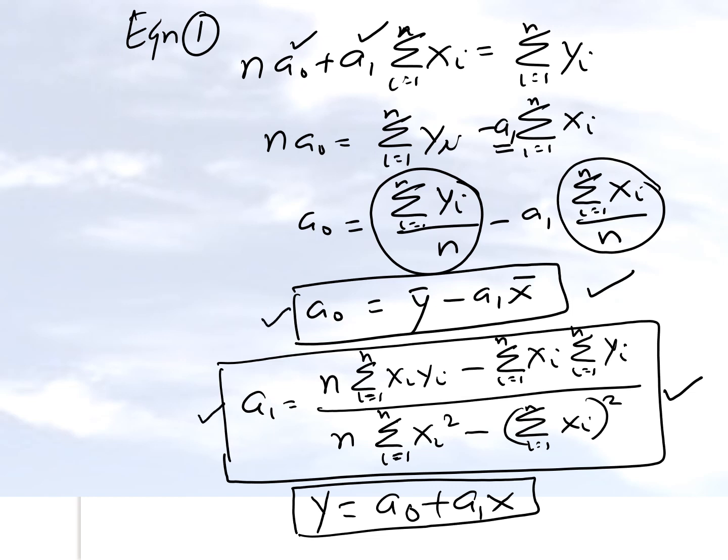But what does this mean? It means that the critical point is at a0 equal to this quantity and a1 equal to this quantity. It does not tell us whether it's an absolute minimum. The only thing which it is telling us is that this critical point can be a local minimum or a local maximum, a saddle point, or maybe even none of those. Let's go and see how do we convince ourselves that this also corresponds to an absolute minimum.